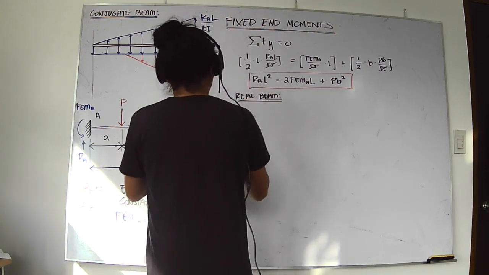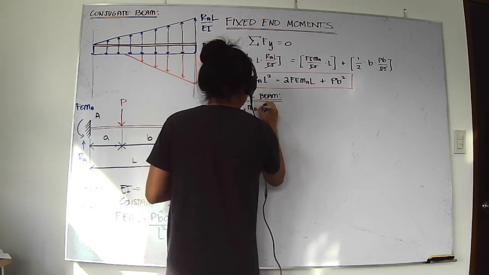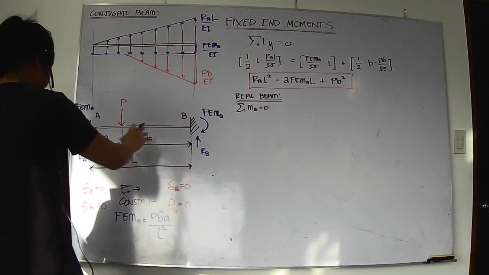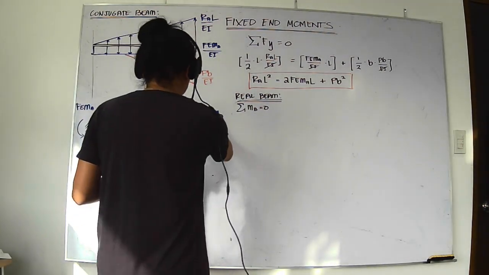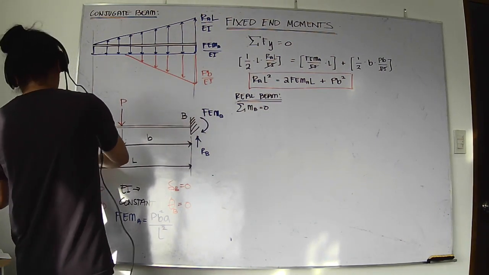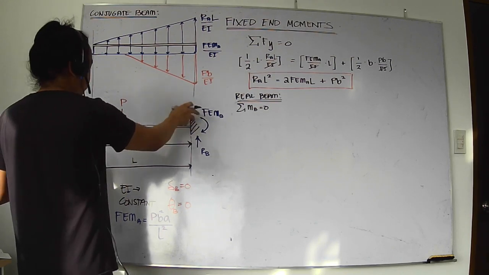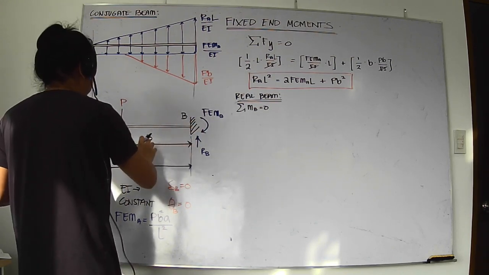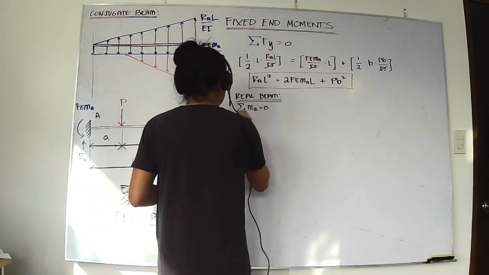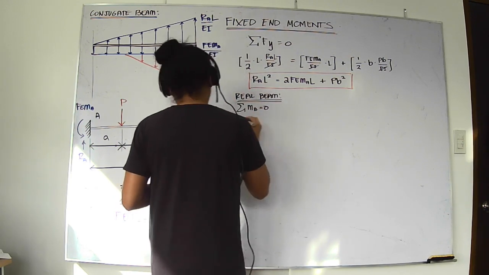Via the real beam, I would like to sum up moments at B. It should be 0. The rotation RA is clockwise versus FEMA which is counterclockwise, and P. So we have FEMB plus RA